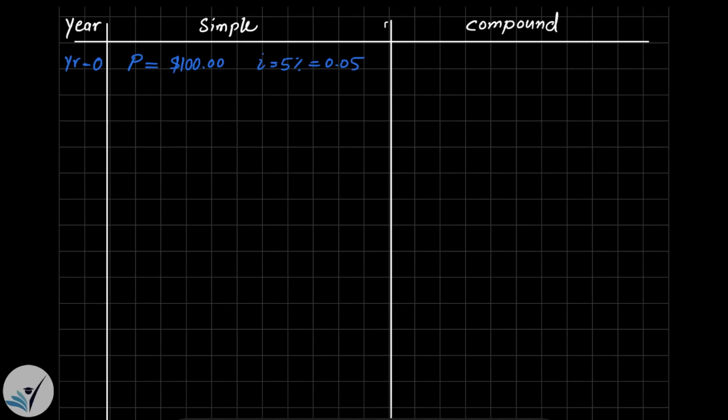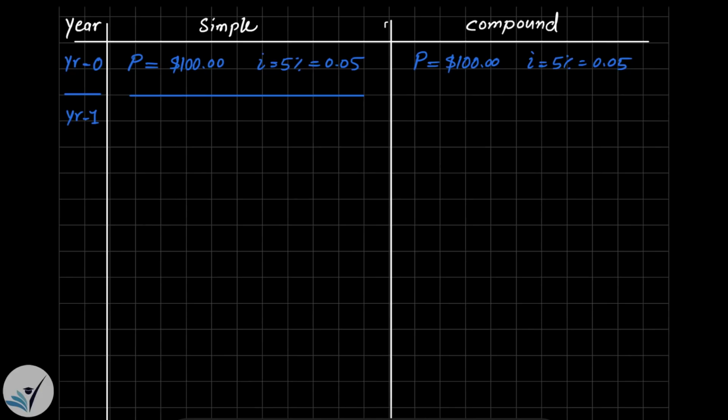So in case of compound interest, it's the same situation. The principal is $100 and the interest rate is 5%, but it is compound interest. At the end of year 1,